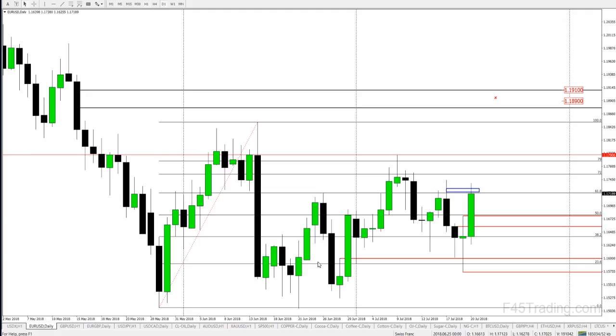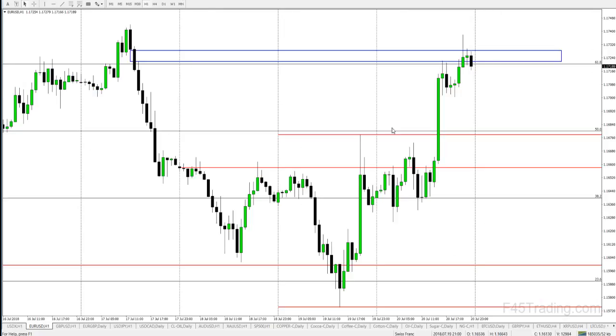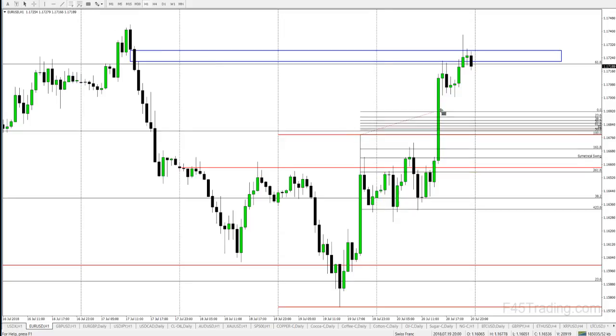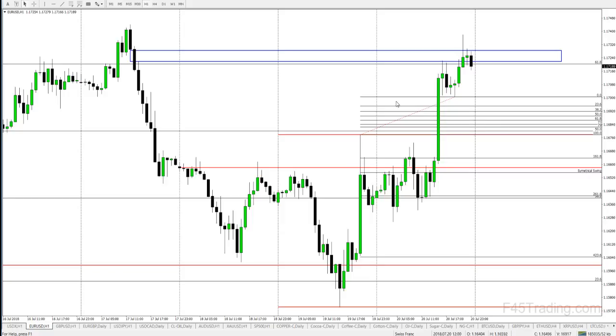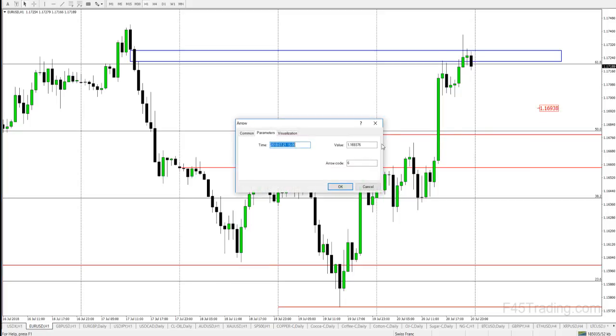Obviously on the euro it's the exact opposite. I want to see a run back down to here, and I'll be doing some more analysis on this, but that's just this gap in here getting closed. Same type of idea: we may only get a run down 50% of that as well. If we take that low, that comes in at 116.89 or 116.90 basically. So if I see price jam down to 116.90,